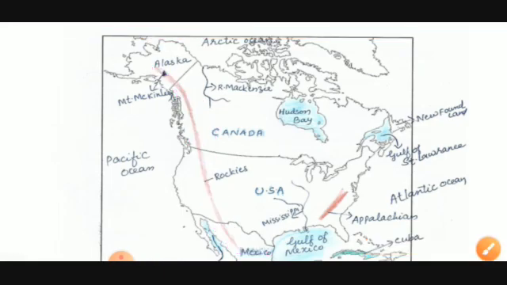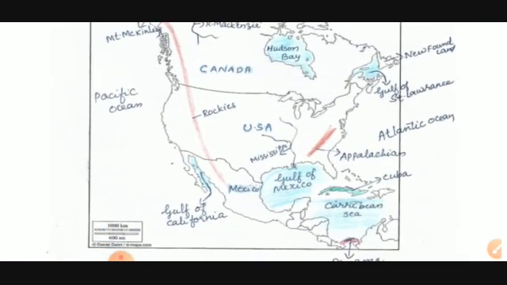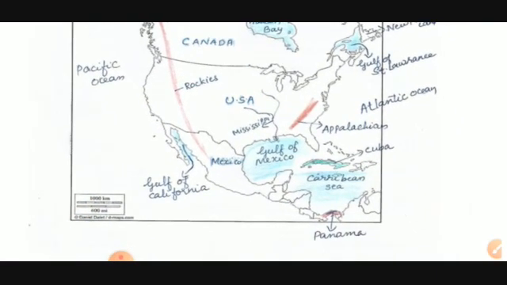So these are the 20 places which you have to mark, and it is compulsory to learn because it is a 5-mark question which will be asked for your exam. It's a compulsory question, so learn it properly. And if doubts are there, you can ask me, you can comment, and if any more clarification is needed, you can ask, and just see it properly and then mark and learn.